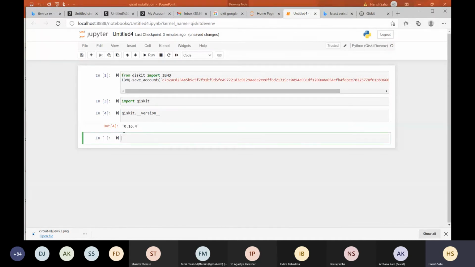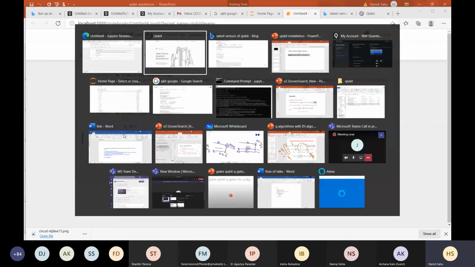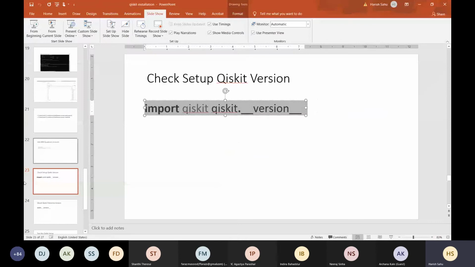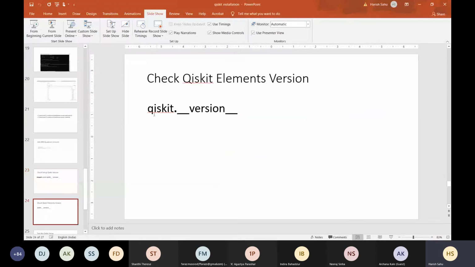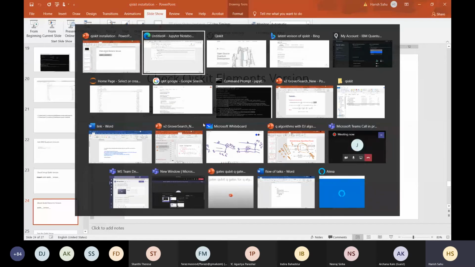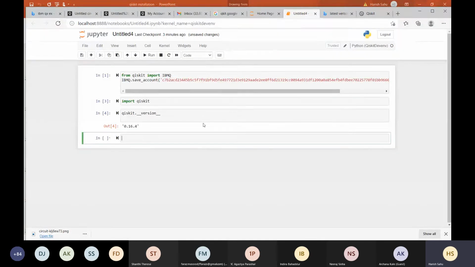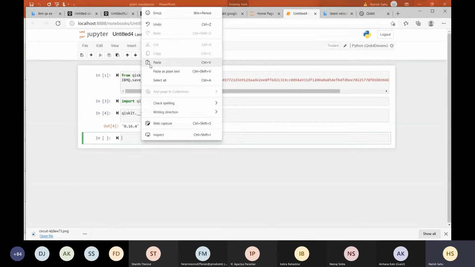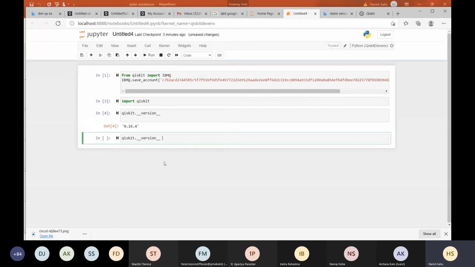Now I want to see the version of the Qiskit elements, namely Aqua and other things. So for that also we have commands. So just this command will tell us about the elements which are being used in my Qiskit installation.